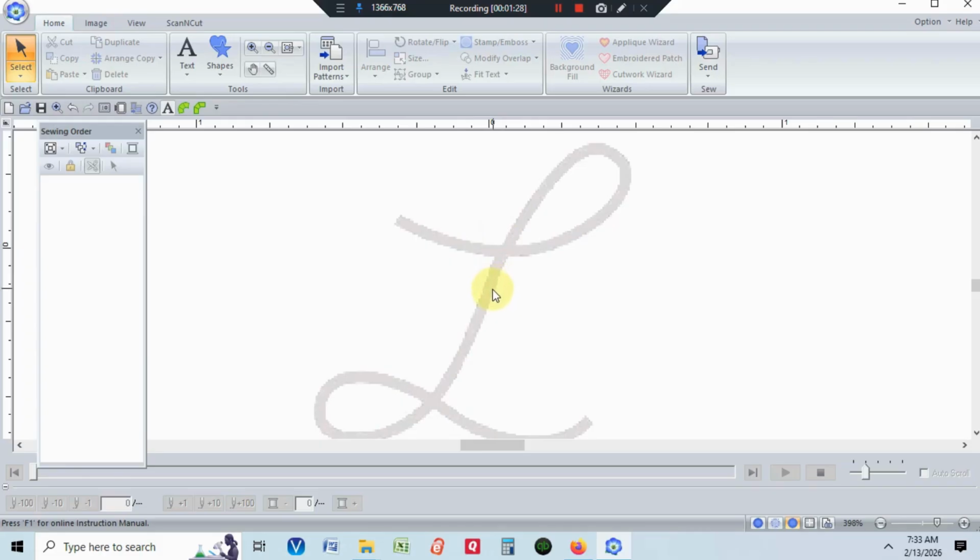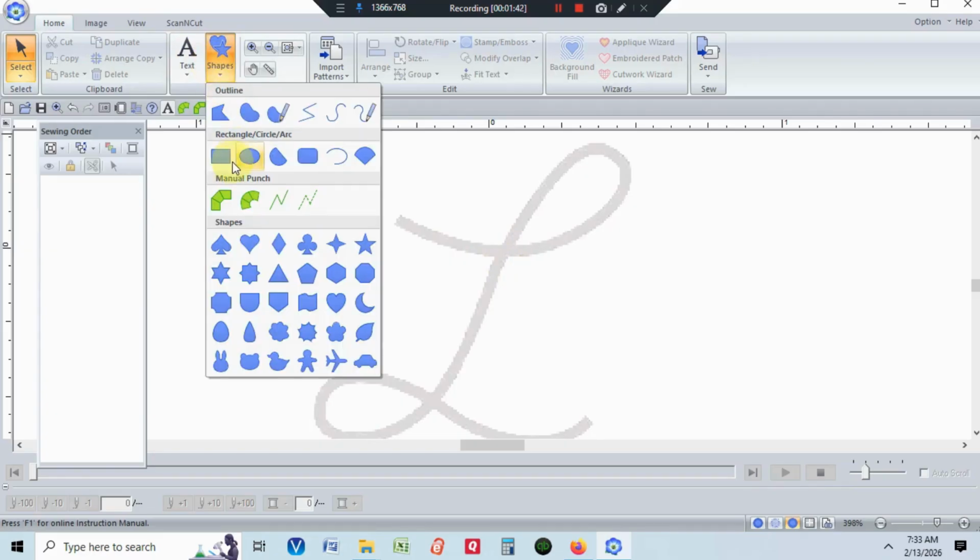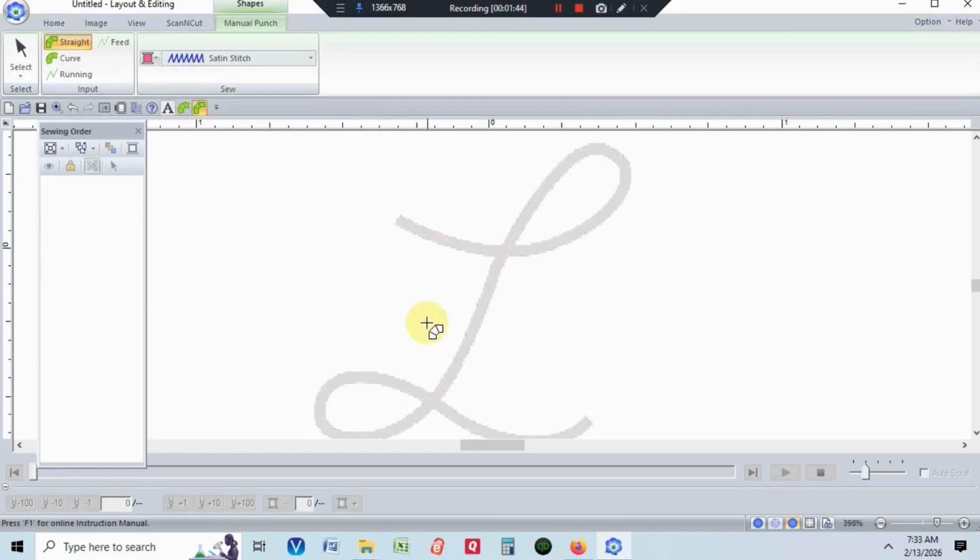To achieve this, I will do it in 3 different parts. It will also allow me to have better control over editing points, moving things around, fine-tuning things, if you will. So we'll go up to Shapes, we'll go up to the Straight Block tool, and because I want the upper and lower loops to be on top of the straight, I will start at the bottom. I will go just on top of where it's going to cross over so that when it does cross over, it will cover the